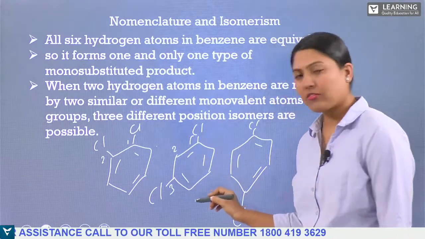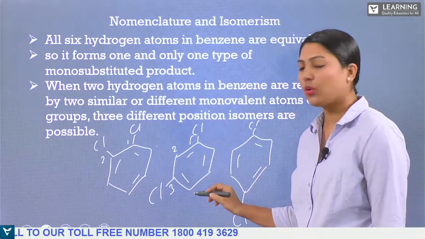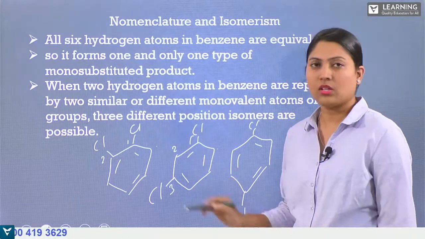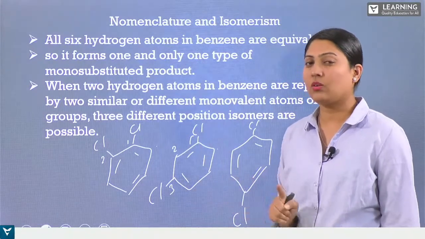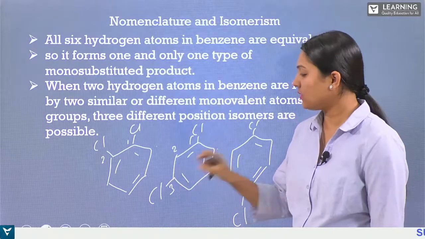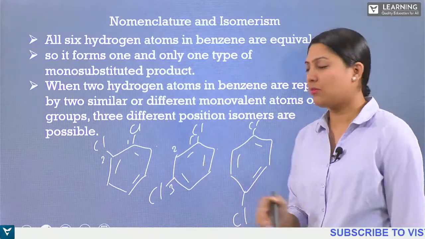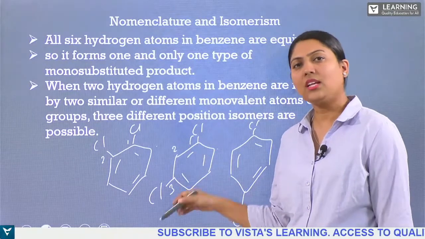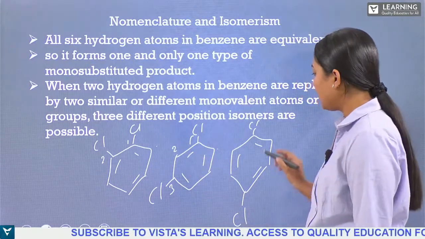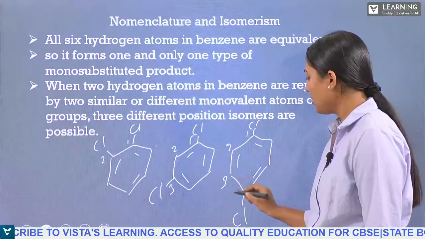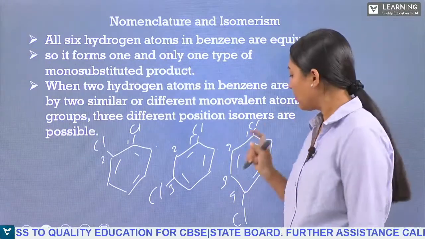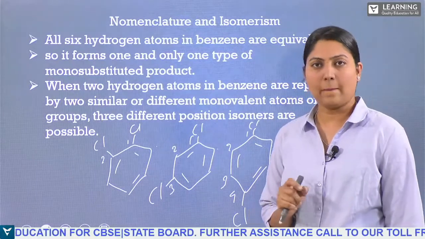Why are we not naming from here, 1, 2, 3, 4, it will become, right? 1, 2, 3, 4 and here 5. So 1, 5 will not come. As we know, the substituted carbon should have the least numbering. So we'll take 1, 2, 3. So it will be third. 1, 3 dichlorobenzene. And here 1, 2, 3, 4. 1, 4 dichlorobenzene.